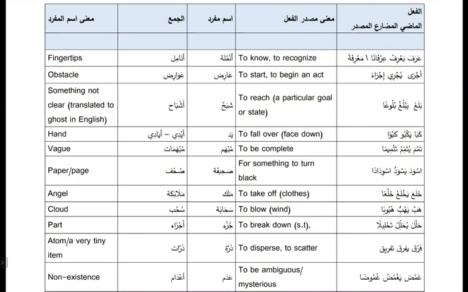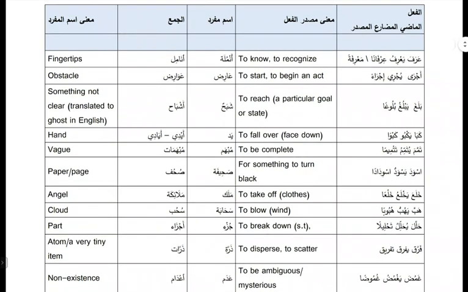So for example, ajra, the second one, is form number 4, akrama yukrimu ikram. But because the ending is an alif maqsura, or an alif, it doesn't have a vowel, it doesn't really rhyme with akrama, because the alif does not take a fatha at the end. So there are slight changes, but still the overall pattern is the same. So ajra, yujri, ijra'an is on the pattern of akrama, yukrimu, ikraman.